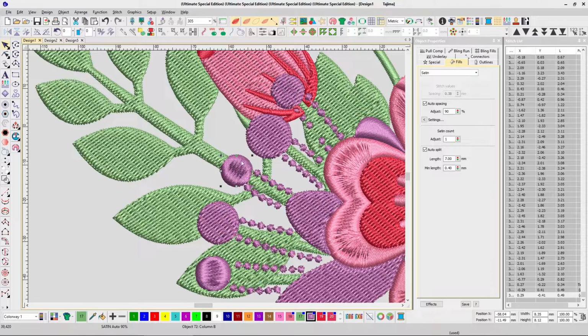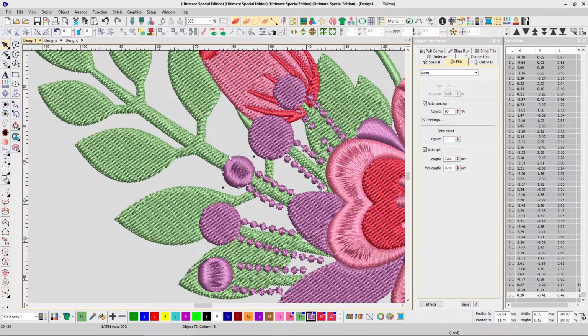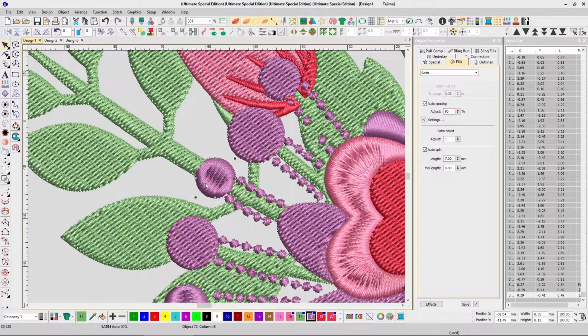Now what will happen is that the machine is going to keep poking the needle into the fabric, and there is a possibility that by the end of it there is no fabric, there will be a hole, because the machine has basically torn off the fabric. So obviously none of us want that. That's the reason a digitizer has to go through everything, including how many stitches there are.